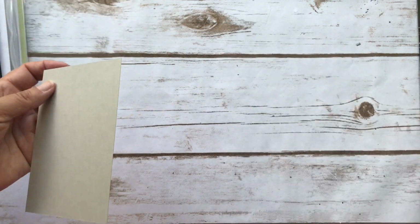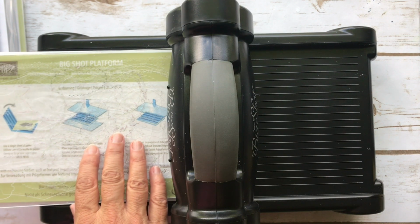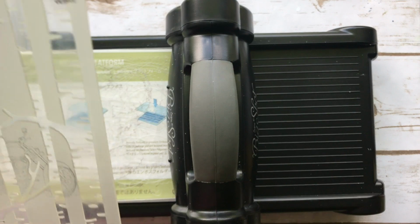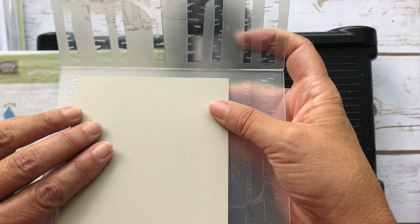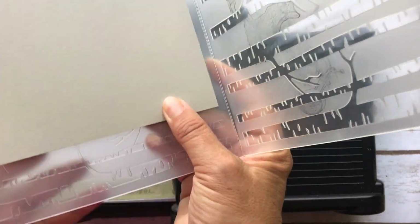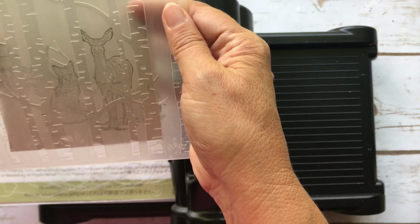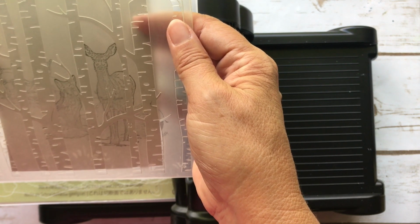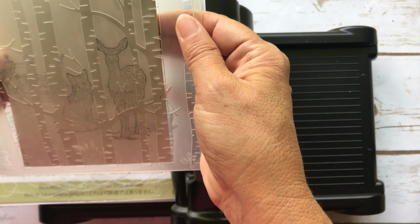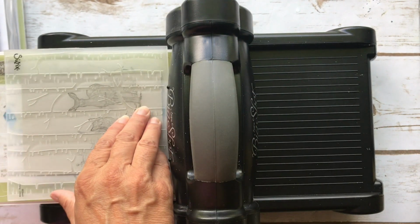Before I put this on, I'm just going to get my Big Shot, because I don't want to mess it up. I want to make sure I'm ready to go once I lay it down. So what I'm going to do is take it and hold it on this side. You don't want to swish that ink around. Let's see, how did I do this? Kind of see where you want it. So you're going to move it around and see where you want it. I don't want it all the way at the bottom, because I'm going to put that little snow hill there, and I think that looks good. So I'm going to just press it down here, and you try not to move it, because you don't want to smudge the ink. And then you'll put your top piece on